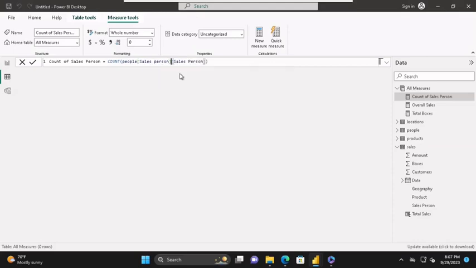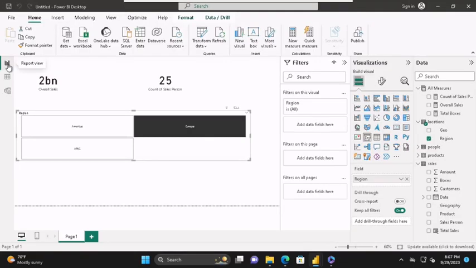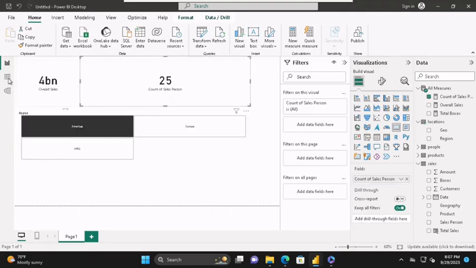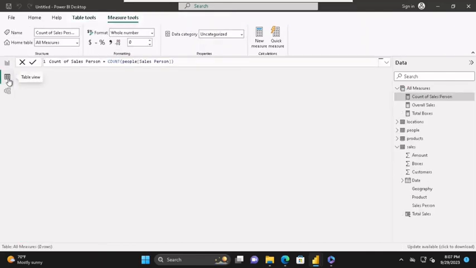So it's going to be people of salesperson. I think it's already there. So enter. Let me go back now. Still showing. Okay, I'm probably thinking that the 25 are all in the same location. So that's the assumption I'm going to draw. Okay, so that's counts. Then after those distinct counts,